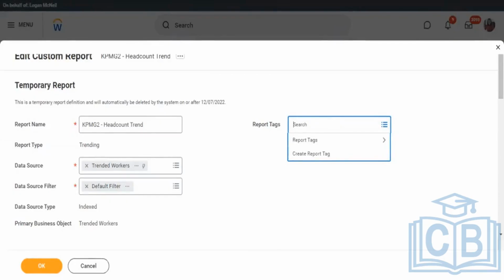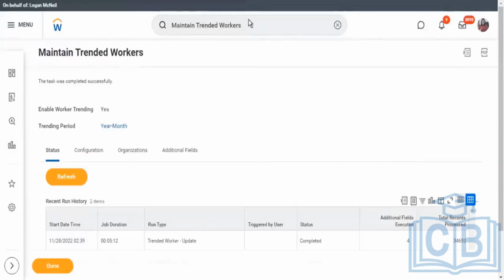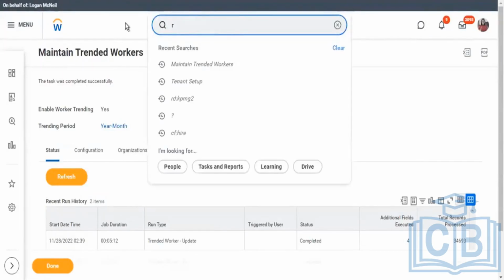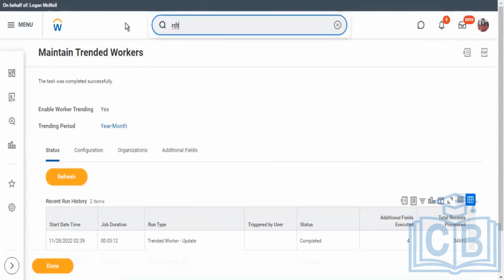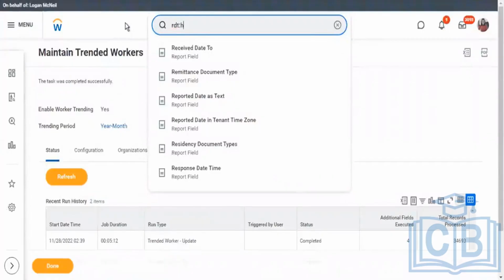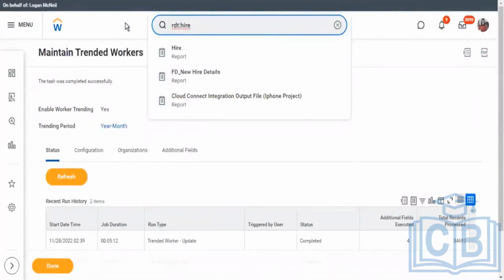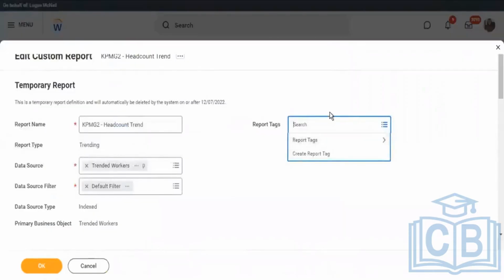talent or recruitment or hire or staffing or whatever. And then when you search with the prefix RDT, RD is for report definition and RDT is report definition tags, it returns reports related to that. And then you can also create a custom report to get all reports with a specific tag, and this is especially helpful when